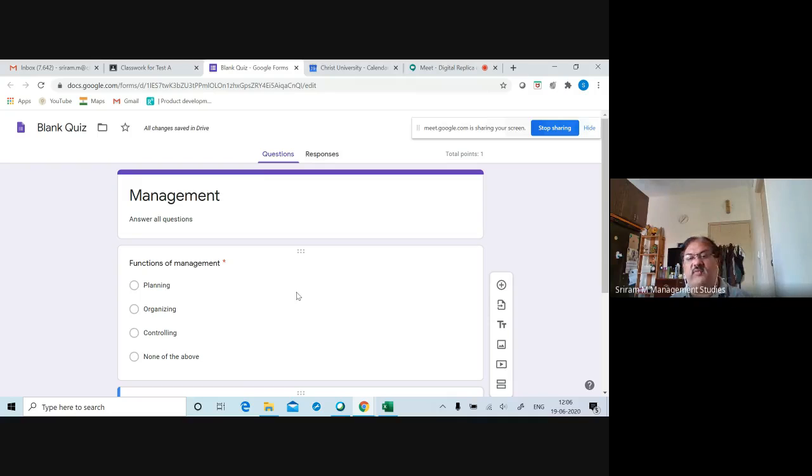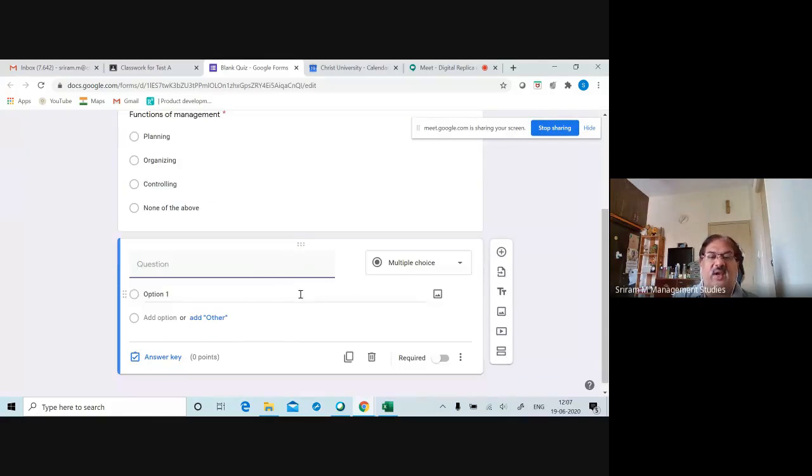The moment you score it for all your questions, automatically the scores will get imported, and you can see it in that column. When the students answer, like what I showed you in that assignment, same thing, on the left hand side you'll find the name and the score, and by default it will calculate the score. You don't have to correct it manually. Only you will take some time in preparing this particular quiz. So once you prepare the quiz, your job is done. Now let's take one more.